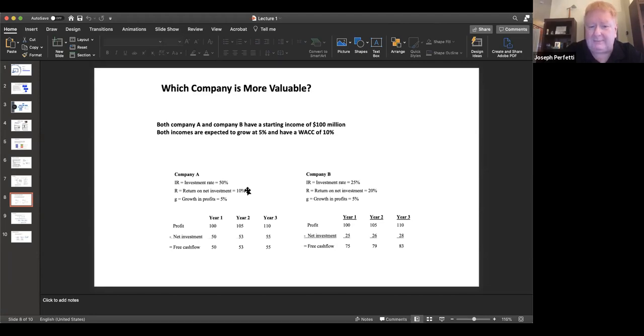level of growth, if you have a higher return on investment, you will generate more free cash flow. You will be more valuable. ROIC will equal your free cash flow. Because here's the point. Company B is better at what it does. It makes 20% per dollar of investment. A makes 10, which means they invest half as much to generate the same profits and therefore more free cash